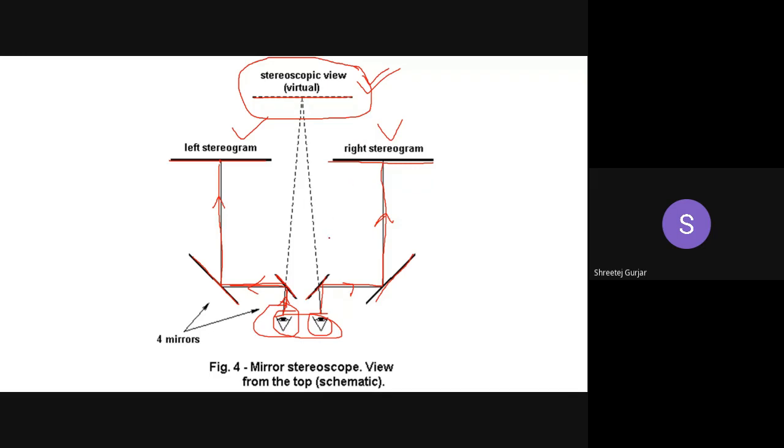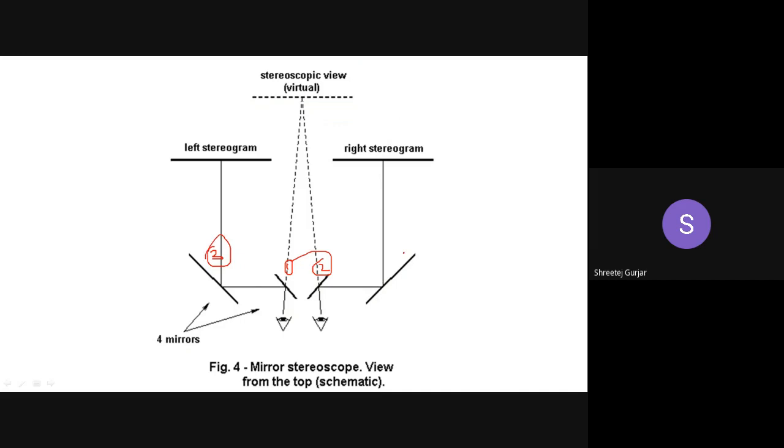I hope you have understood, and you can see here we have 4 mirrors totally. This is the first mirror, this is the second mirror, this is the third one, and this is the fourth one. So we have 2 photographs, or one set of stereo pairs, the left and right, and we have 4 mirrors. This is just a simple arrangement of how the mirrors are made. Usually they are arranged at 45 degrees so that your line of sight is deflected by 90 degrees. So this is 90 degrees, this is also almost 90 degrees. This is the basic principle of a mirror stereoscope.